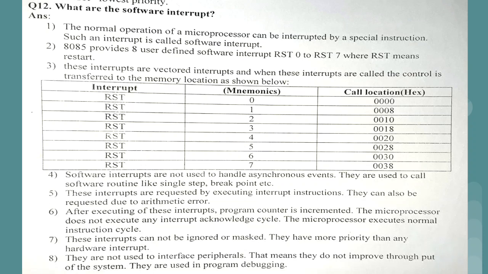These interrupts cannot be ignored or masked. Ignore means whenever a software interrupt occurs, we have to solve that. Then and only then will our execution proceed smoothly. Like we have learned one topic, exception handling. Why do we have exceptions? Because there is an error in one line only, but because of it the other lines will not get executed. So to solve that, we have the exception handling topic.